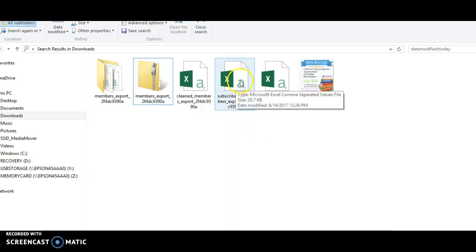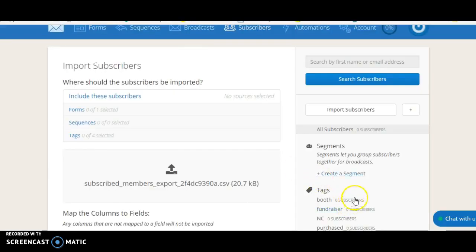I'm only going to use the subscribed members, right? Because if you can see here too, I've actually created some tags. That's something that I wanted to do next. MailChimp is very list oriented, and this one seems to be more person oriented. So I have some tags where I can give multiple tags to different customers, making my email segments more effective, I think, because in the past they've been very generic.